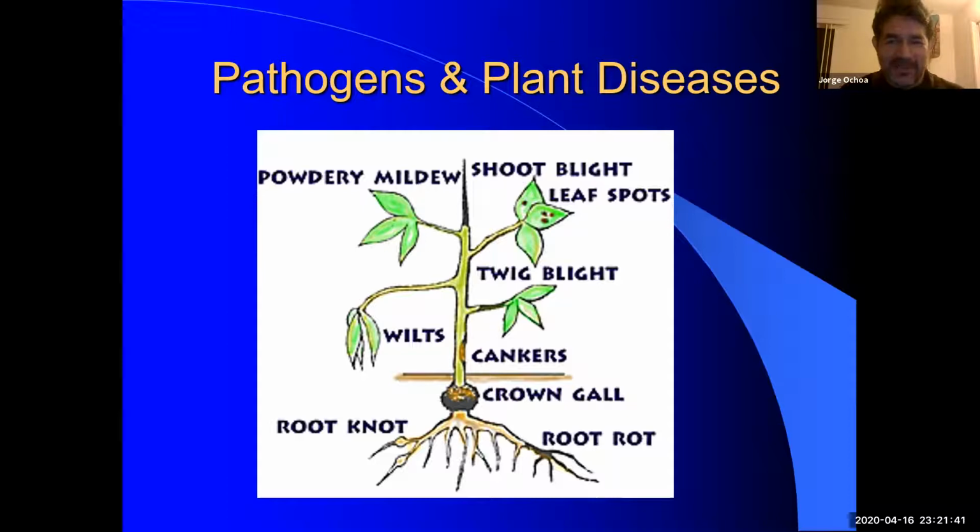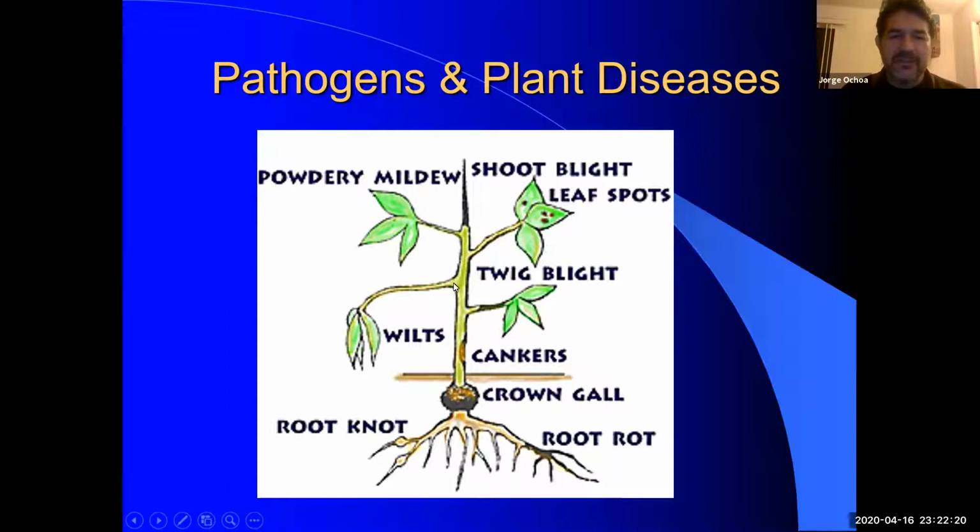But now let's look at diseases on plants. We're going to be covering some of them, such as powdery mildew, very common to see out there. We're going to have certain blights, very rapid death on plants. We're going to have some diseases that cause some kind of leaf spot. We're going to have a twig blight or shoot blight, so rapid death. We're going to see some cankers, dead areas within plants that are places where the pathogen may be sleeping or overwintering and then infects later on.